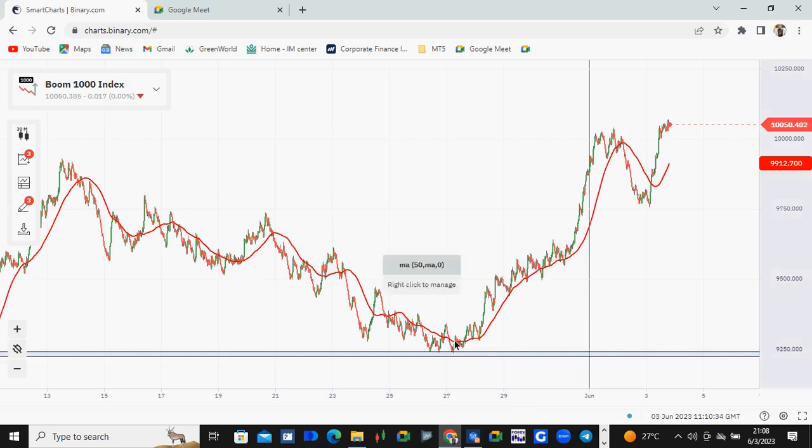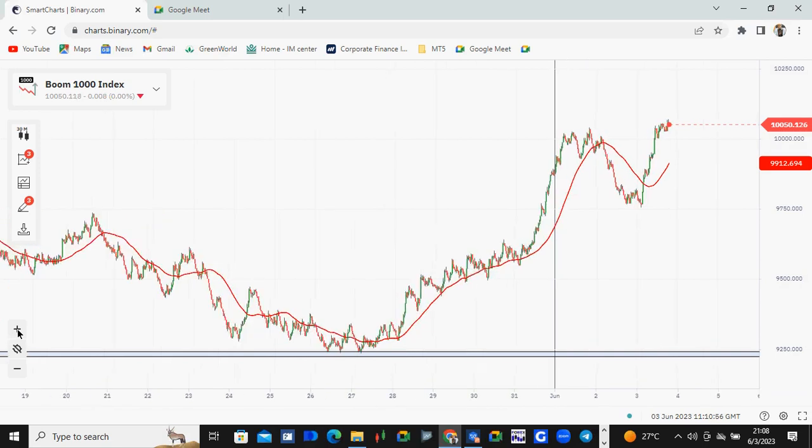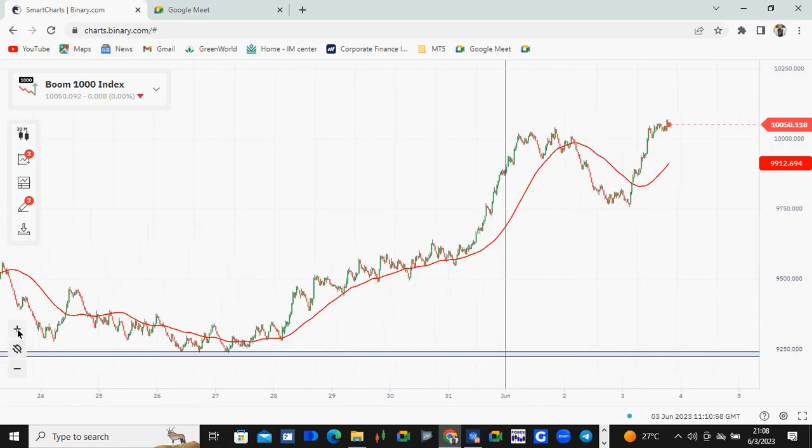Just 5 strikes. Now imagine M30, you just hold a trade on M30 up to this level. You could have made $1,000 as we are speaking right now. Even 1,000 plus 20, you see how much you could have made, 20,000 as we are speaking. So this is what I wanted to show you today about the strategy code,